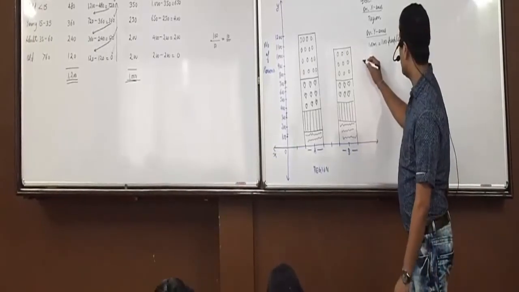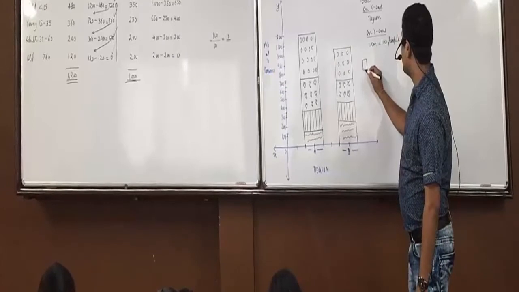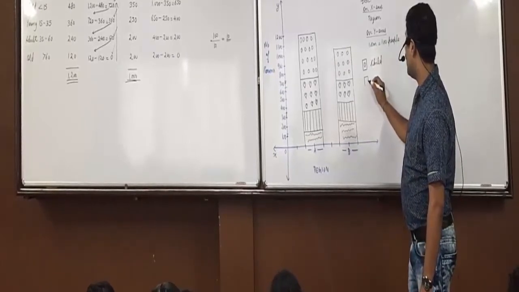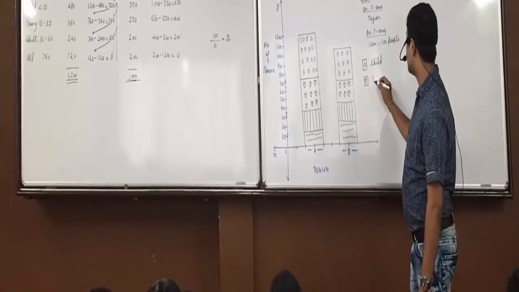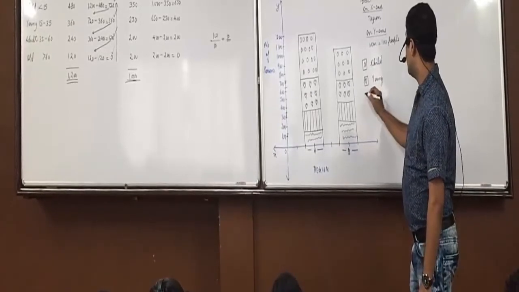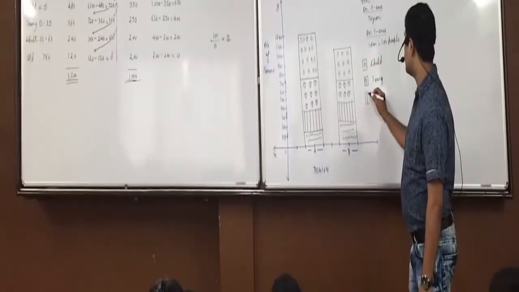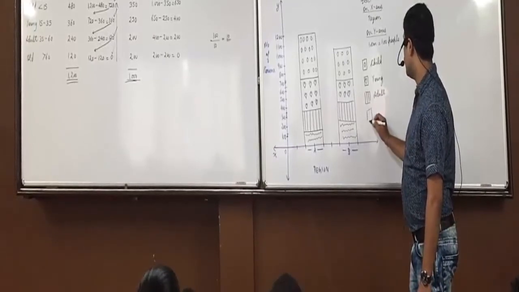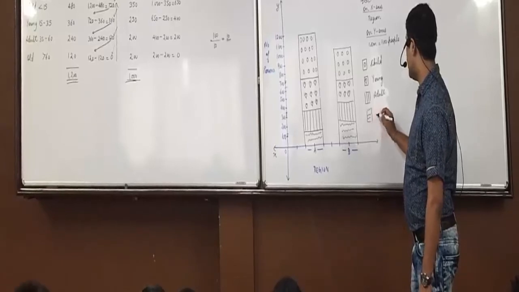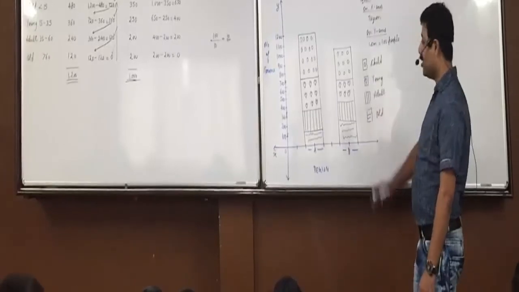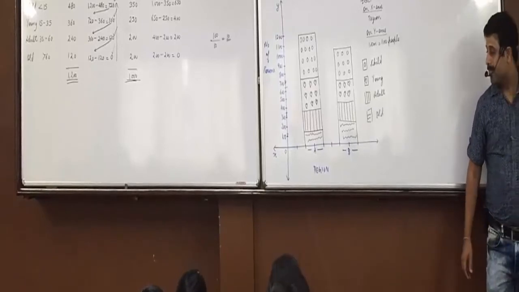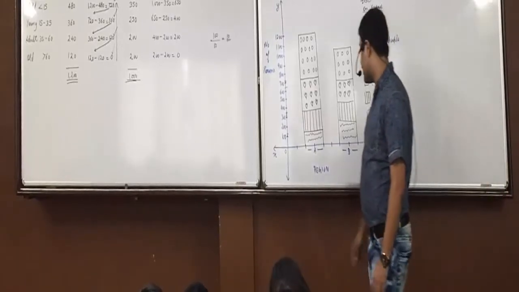Okay. Now here you will represent that circle is child, hearts is young, vertical lines adult, and waves or heartbeats are old people. That you will represent. Understood this portion, everyone? Anyone having any doubt in this?